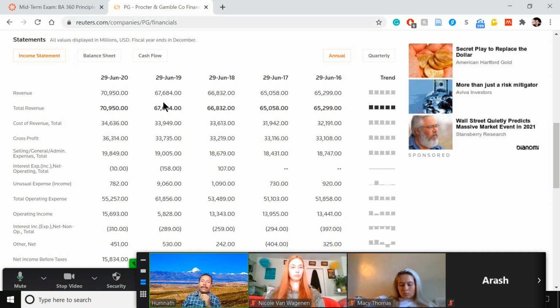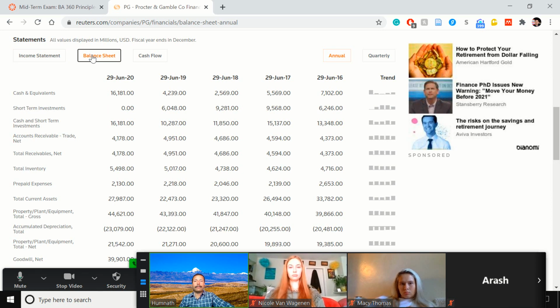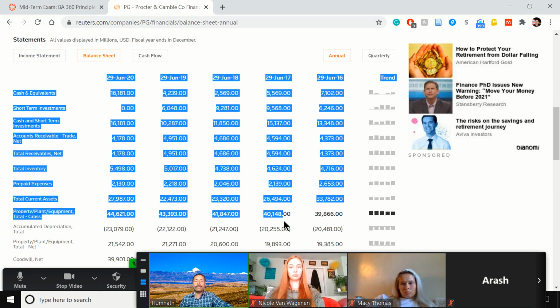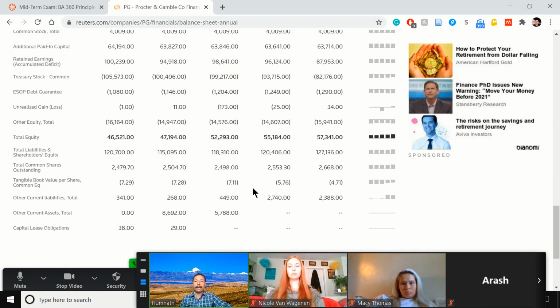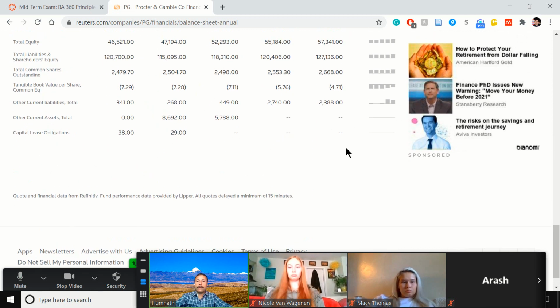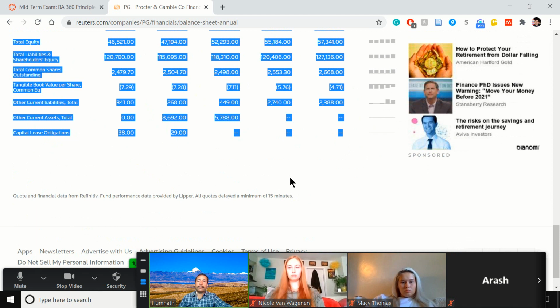So we are interested in analyzing a company, like in my case Procter and Gamble, using the ratios. To calculate these ratios, we need to get all these three financial statements. So I'm going to start with the balance sheet. I select the balance sheet, and then I'm going to just select this whole page. You cannot download this one, but you can just select it. So I'm going to select the whole thing right here like this, and then I'm going to do Control C, and once